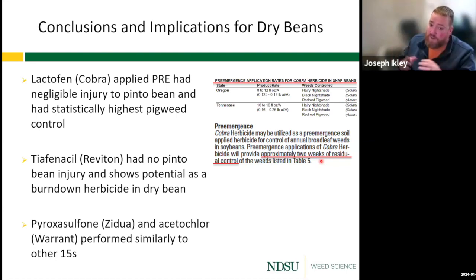This trial year, we happened to get about 6 weeks of good control on red root pigweed. Looking at some other bean markets, we can utilize Cobra and snap beans pre-emergence in a couple of different states. So again, maybe this is something we'll continue to pursue and might be an option in the future to be